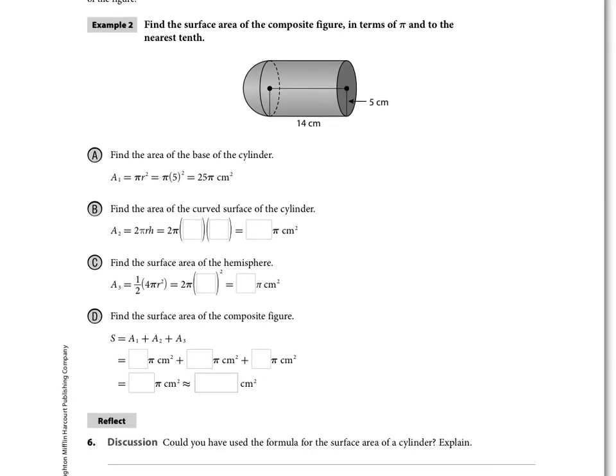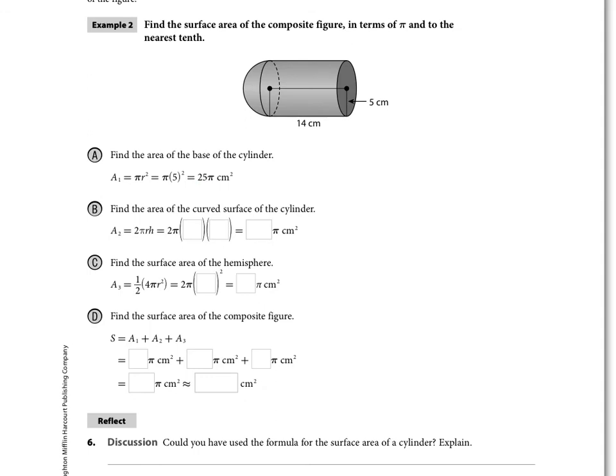Once we have basically a hemisphere plus a cylinder and are finding the surface area of that, they break it up into area 1, area 2, and area 3. Okay, so find the area of the base of the cylinder. That's this bottom part that would be painted, or right hand face, if you will, and that's just pi r squared with a radius of 5, as you can see from the diagram,